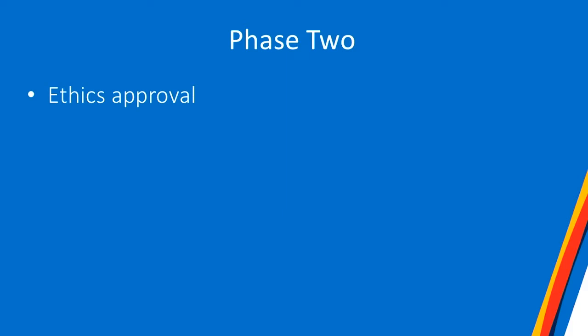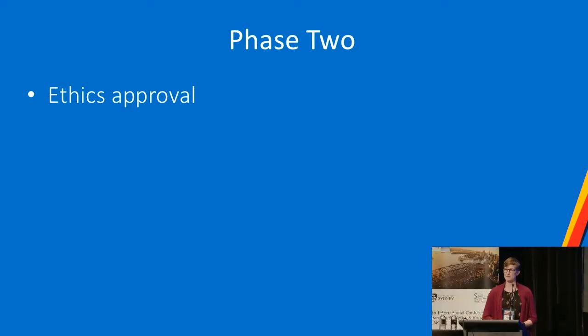So for our second phase, so this is practitioners, this is what we're doing, was the ethical approval of our study. This was kind of a lengthy process. I think it took about 5 months from beginning to end because we had to file a modification for that. And I had a couple of meetings with one of the research managers to let her know what learning analytics was. But I think that groundwork really helped for getting that approved.